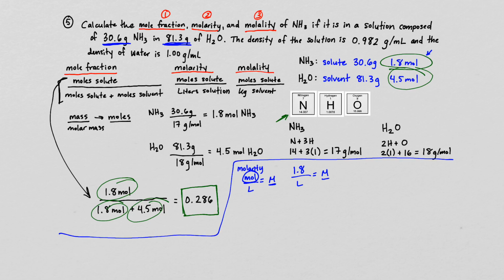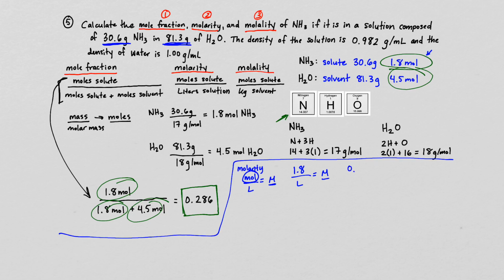The reason we need the density is we can use density, which is grams per mil, and we're given grams, and then we can use that to convert to milliliters. So the density for this particular solution, the problem says, is 0.982